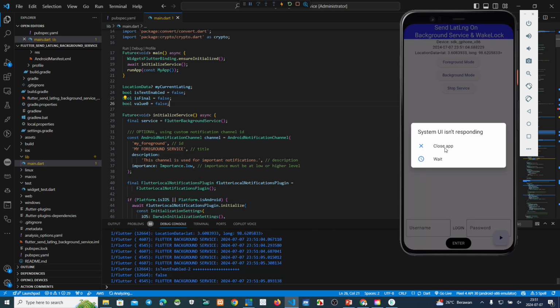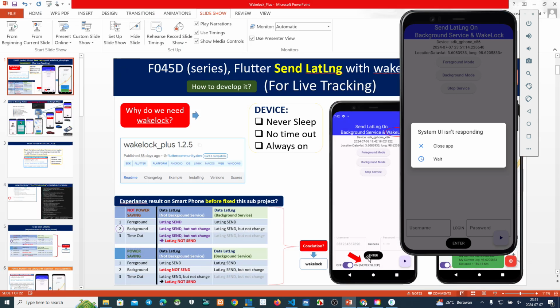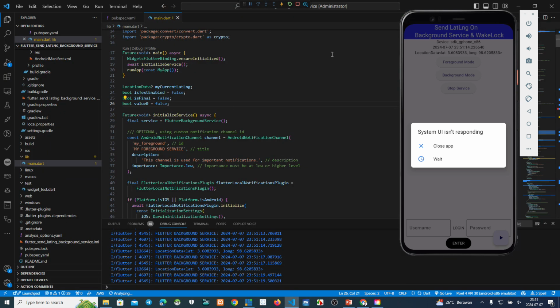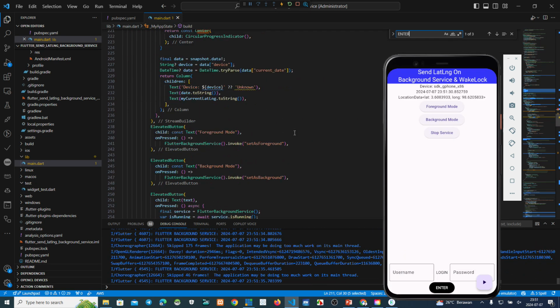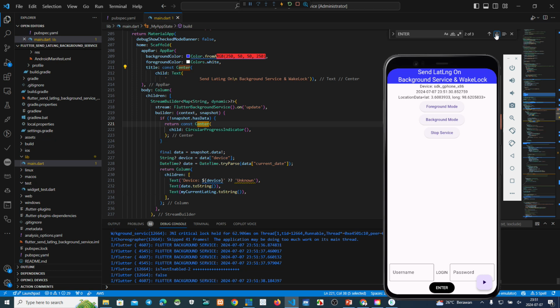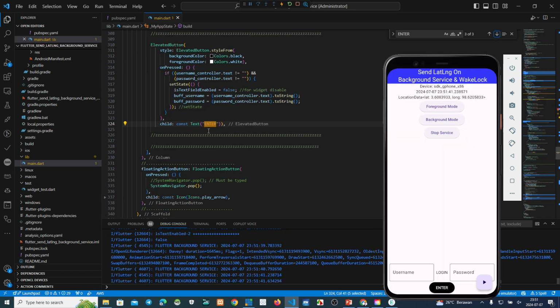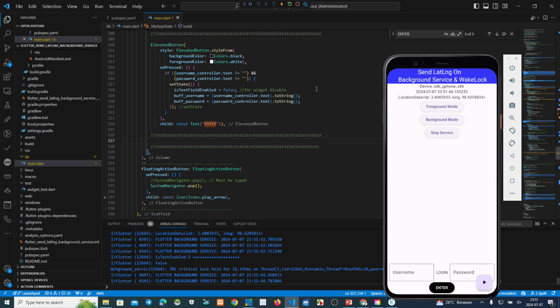Okay, and after that we want to make a switch after enter. Okay, now we find out where the enter is in the script. Okay, this is the enter. Where is it? Enter, where are you? Oh, this one, enter. Okay, now we want to make a switch here. Switch.